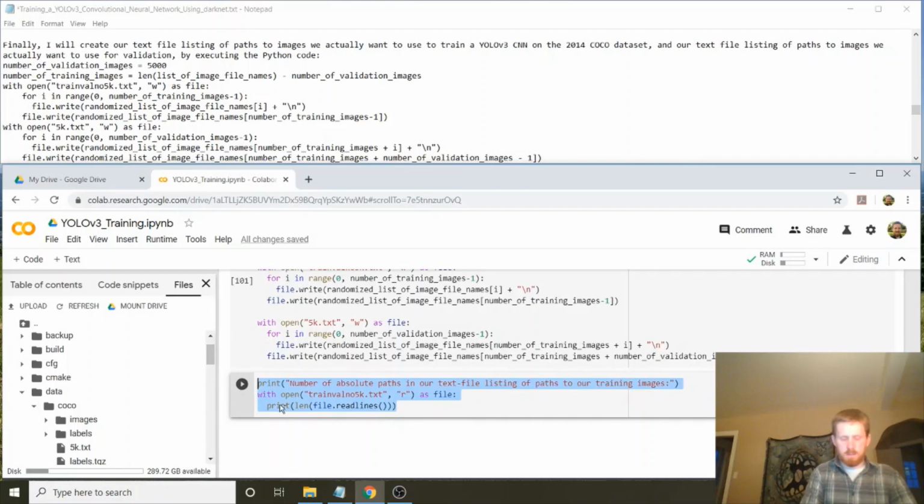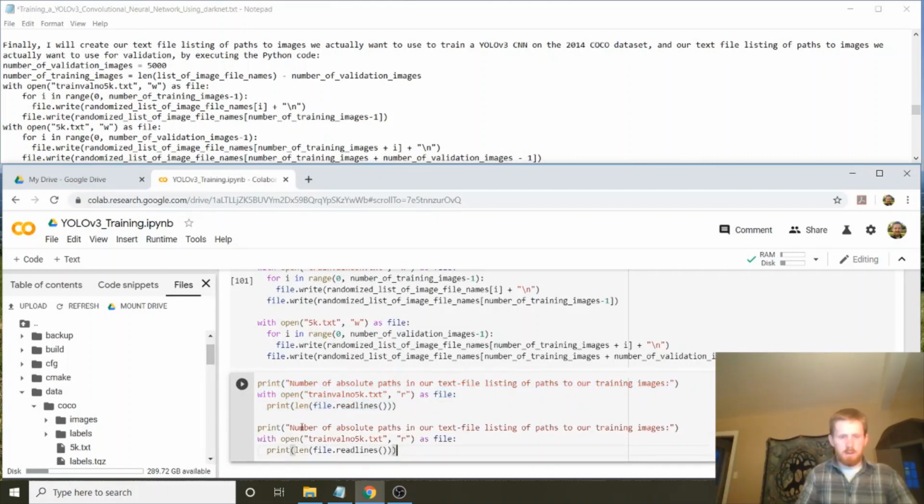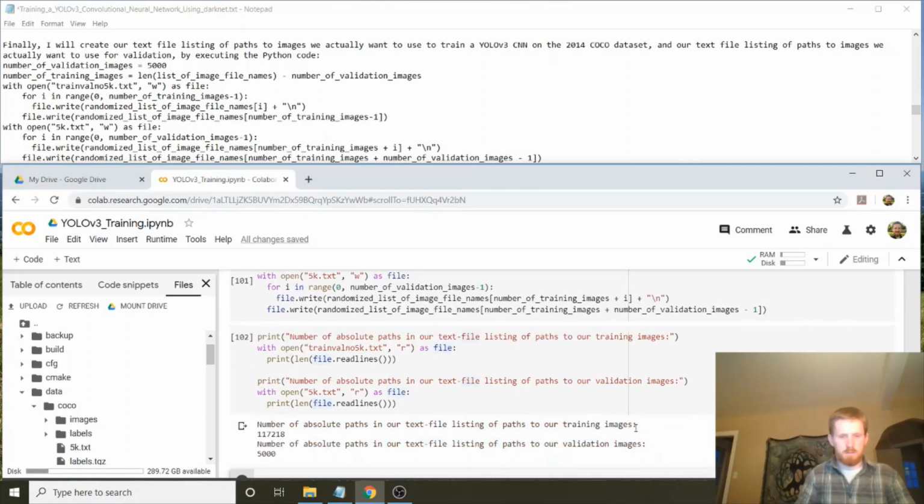Similarly, let's print the number of absolute paths in our text file listing of paths to our validation images by opening 5k.text for reading and printing the length of the list of lines in 5k.text. See if this works. All right, it seemed to work. And indeed, we have